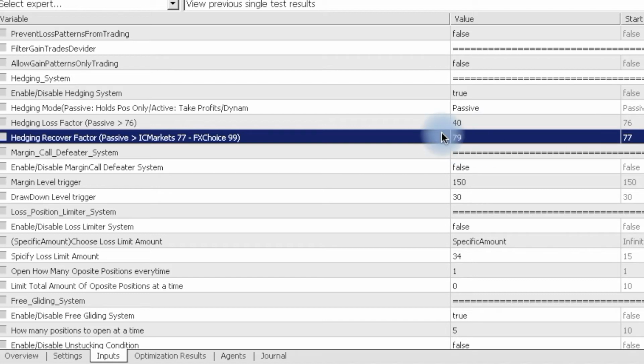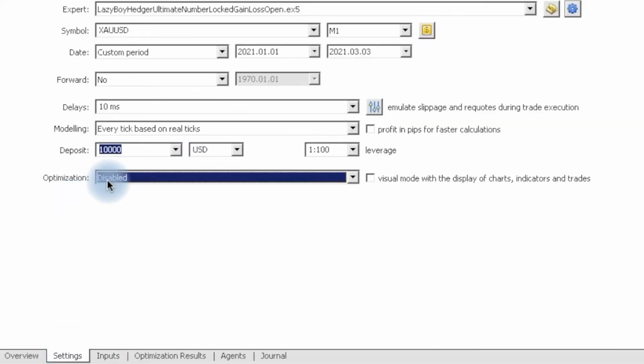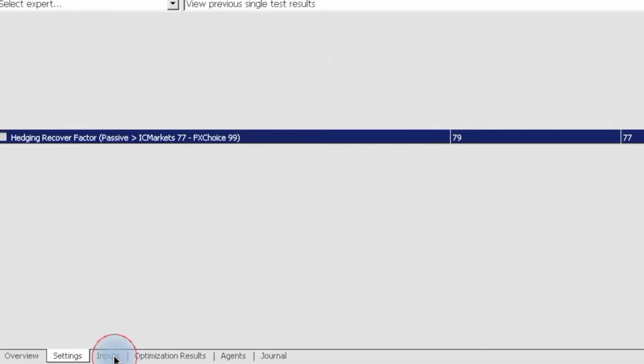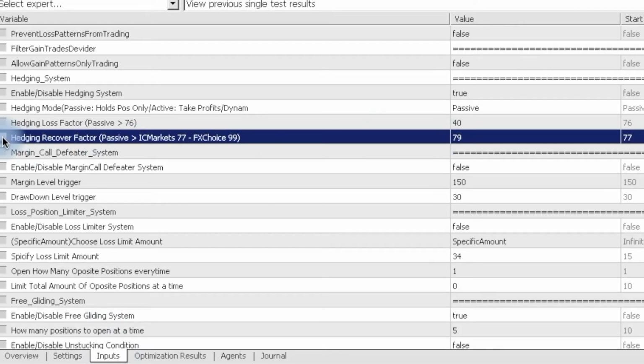And this is the recovery factor. Also, this is by points. Now, also, you can go to optimization, select one of these, fast, for example. I always use fast, and then tick this